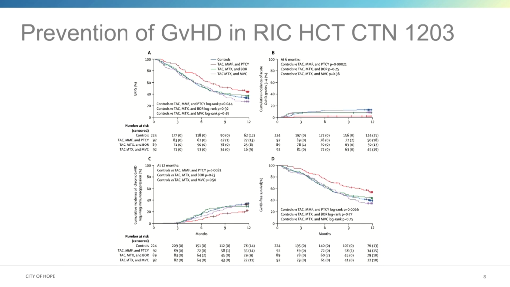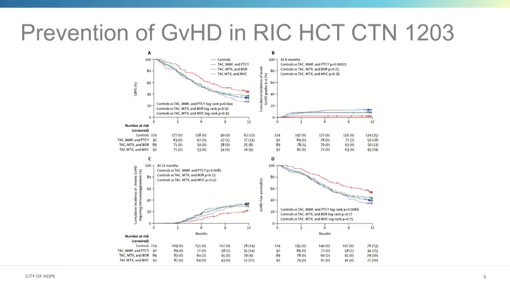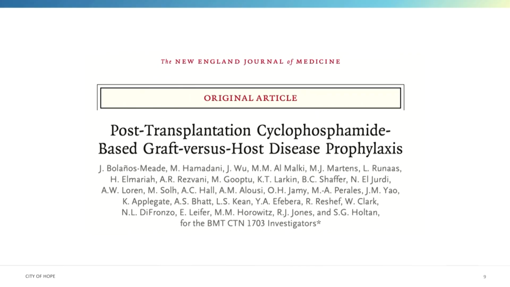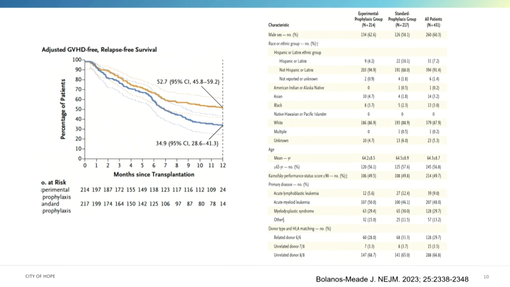Later from that, the CTN group took this into the matched donor setting after tons of data in the haplo setting and compared those 3 different regimens together against a contemporaneous cohort that was done in CIBMTR against TAC methotrexate. And finally, they found out that the winner from this comparison was the post-cyclophosphamide, and this was moved to a randomized phase 3 study, CTN 1703, when PTCy was compared head-to-head against tacrolimus methotrexate. In this study, which was published last year,